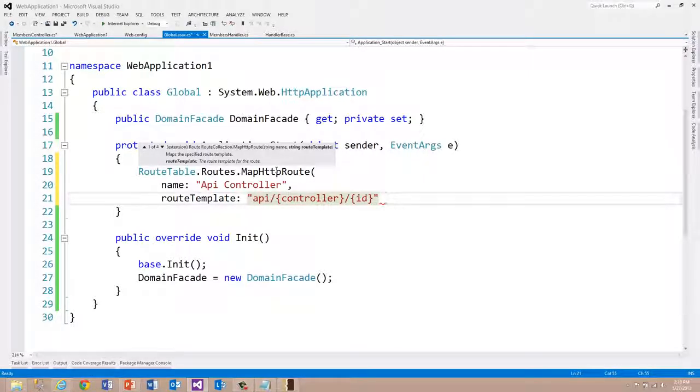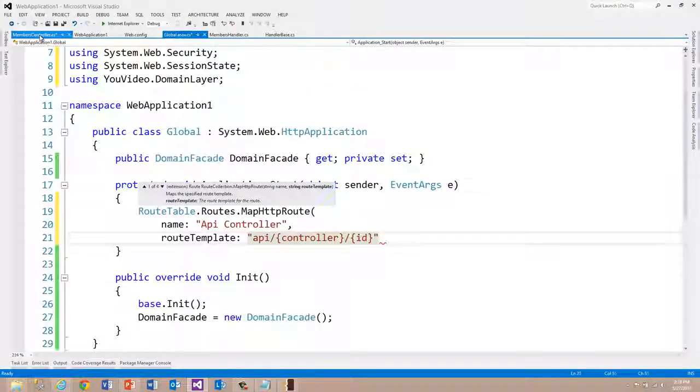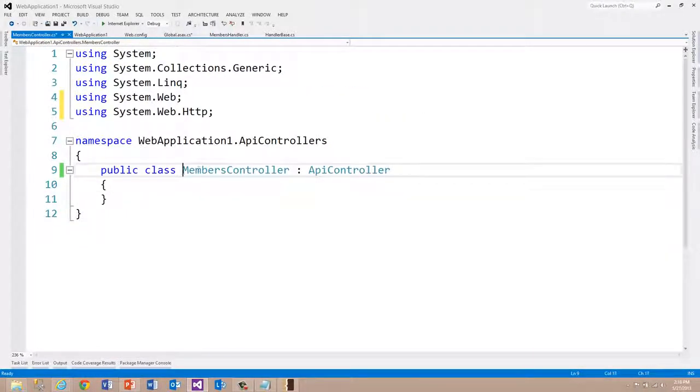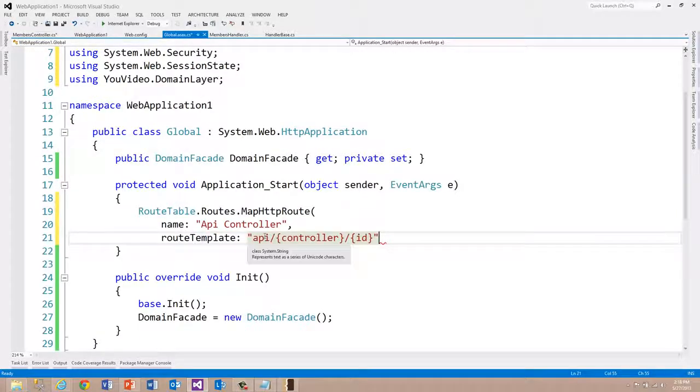So, and that's the same reason I used in our handlers, it was H slash members rather than API slash, because in this case again the controller is members, so there would have been a collision if you used API in both cases. Then they both have the same route path. So in this case API slash controller slash ID, and then we have